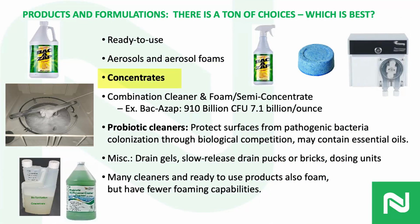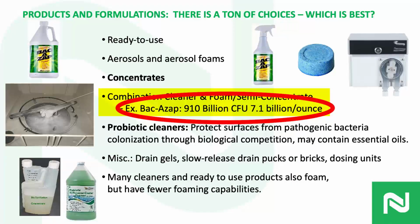The next one down there is concentrates. So you don't see a lot of concentrates, but when you do see the concentrates, they'll have a 4 ounces per gallon rate or a 6 ounces per gallon rate to equal a certain number of colony forming units. So you'll have to pay attention to the individual rates of the products. When you're comparing product to product, you look at not only how many ounces are in the product, but also look at the dilution rate, and also look at the number of colony forming units per ounce of product